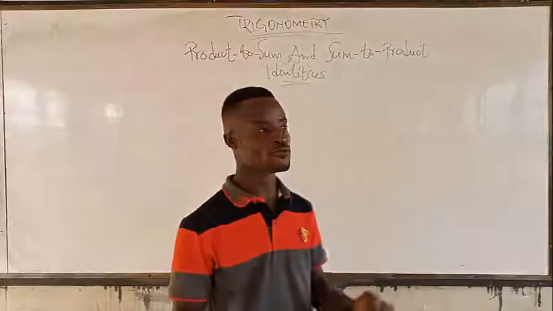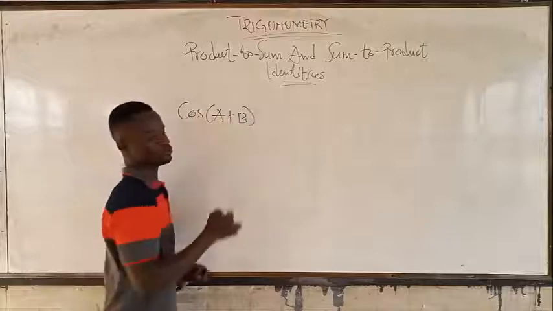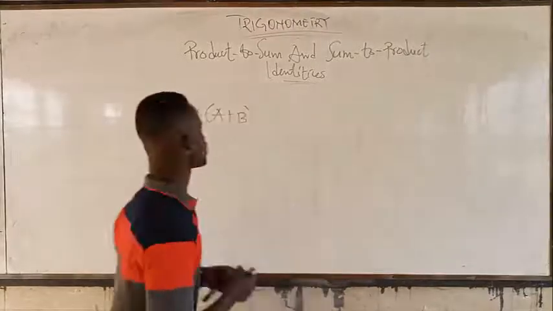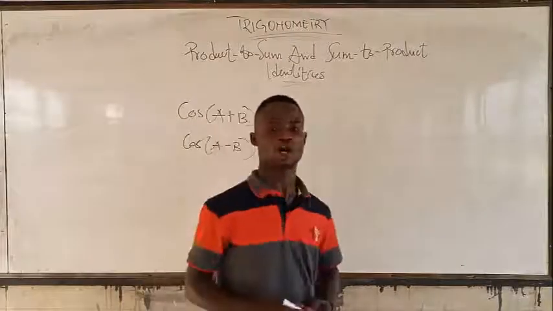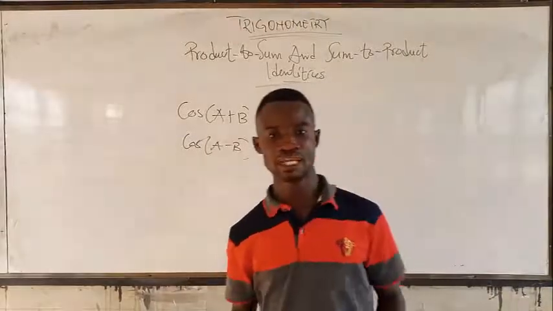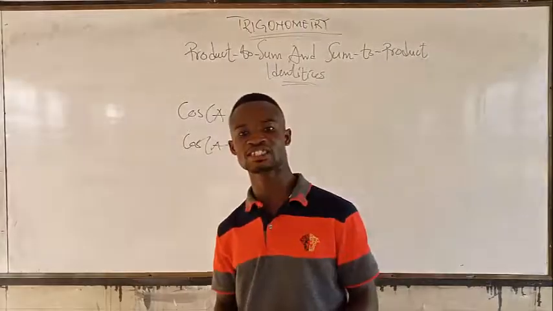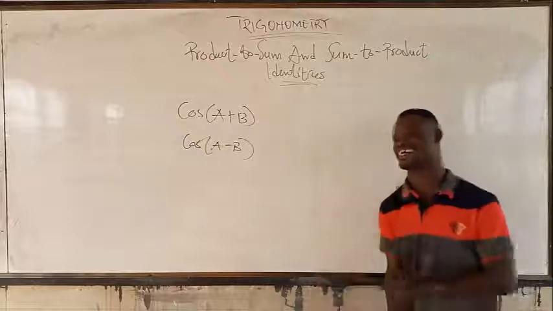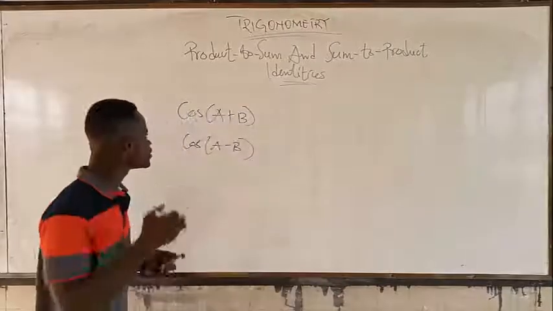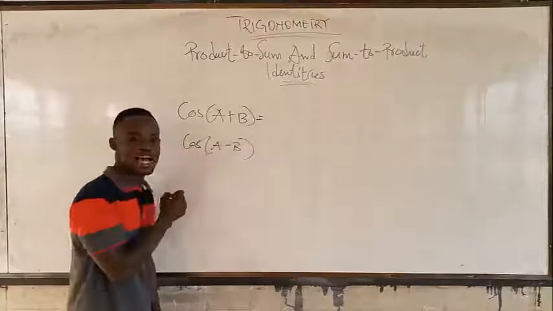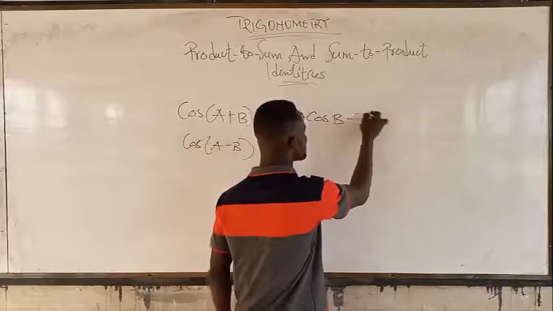the identities for cos A plus B and cos A minus B are used to derive a group of identities useful in calculus. Now, we know that cos A plus B will give you cos A cos B minus sin